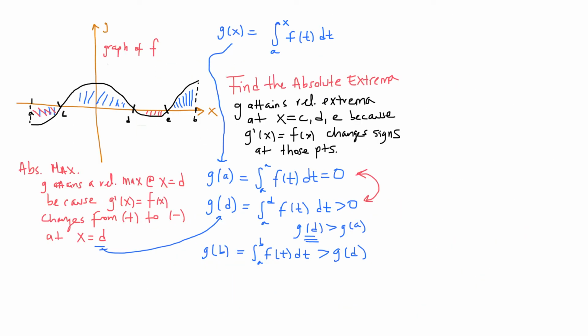Okay, so I just resized what I had here on the screen, and so now based on what you see here, I can make the following statement. G of B is greater than G of D, that you can see right there as we discussed just now, and G of D was greater than G of A. So I'm going to continue making that statement. G of D is greater than G of A. And based on this compound inequality, now I can say,